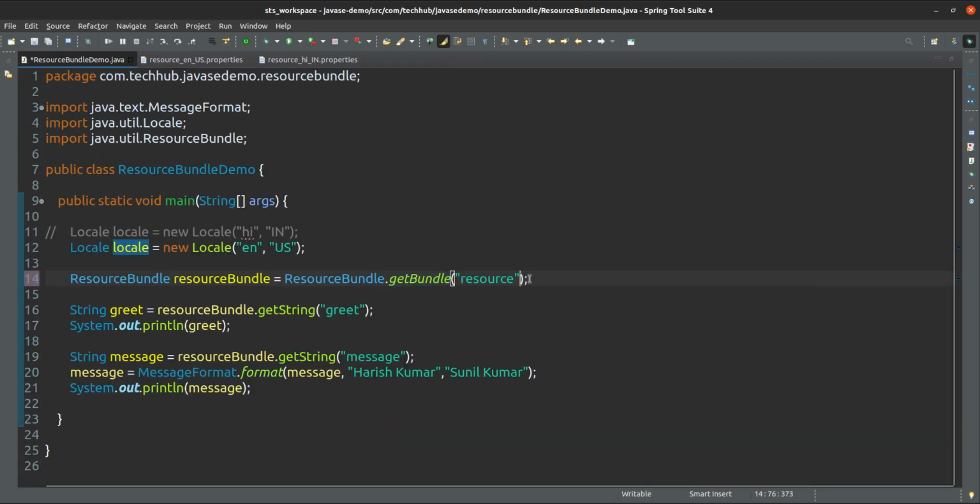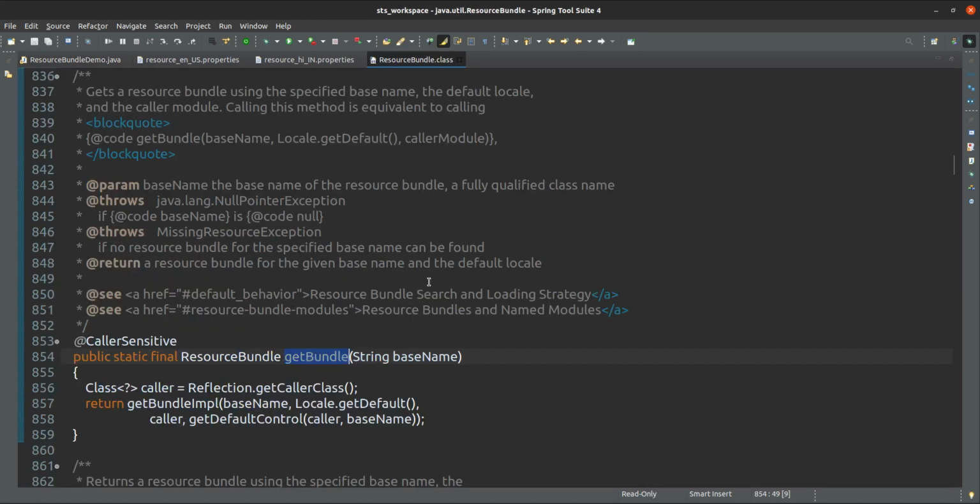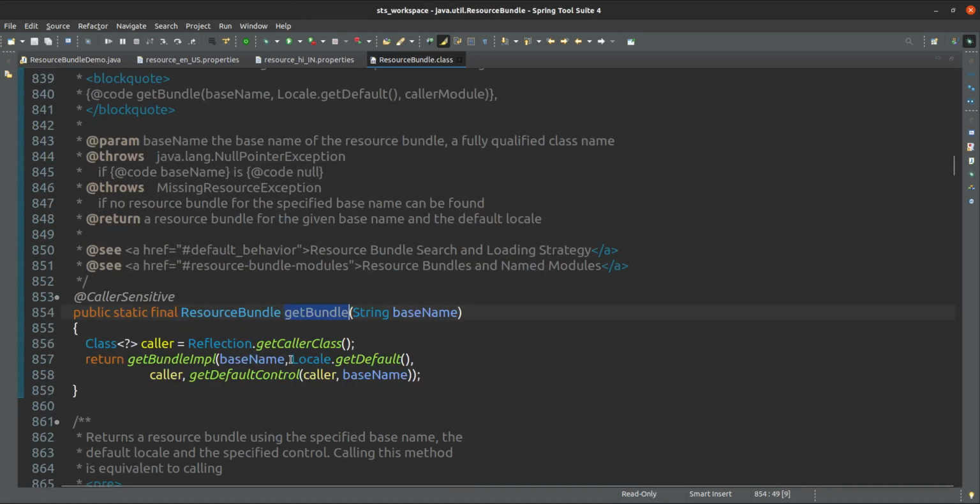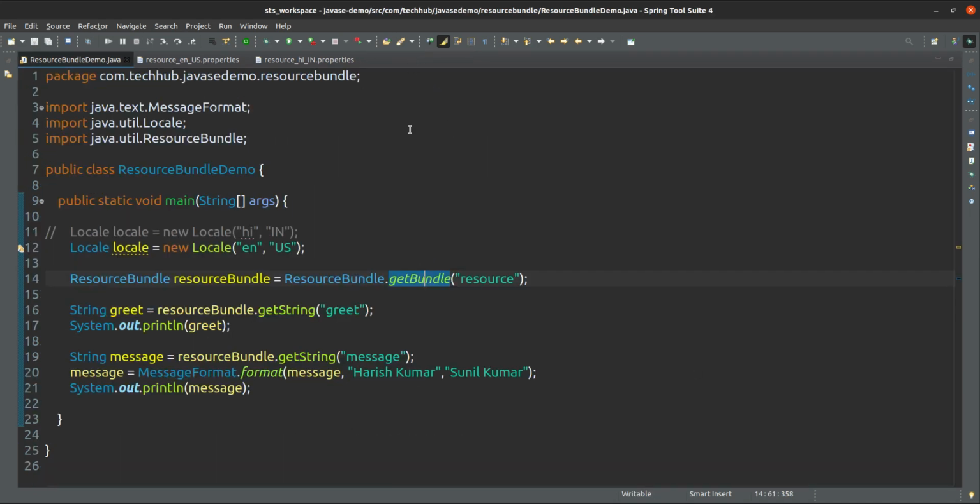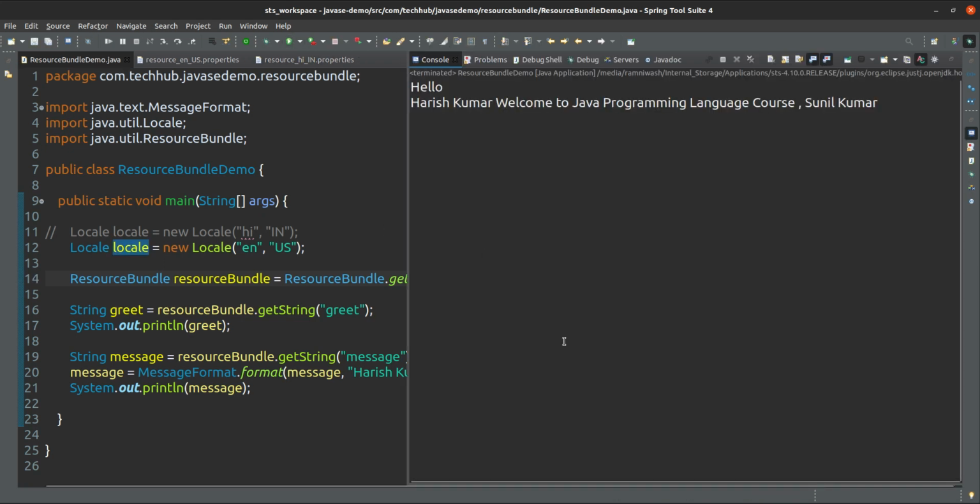Suppose we are not giving this locale, then how is it taking? It is taking the bundle as default, Locale.getDefault. The default locale it will take by default if you don't give one, or else you can give it here, no issue. You can give the locale here, and if you give it, it will come.